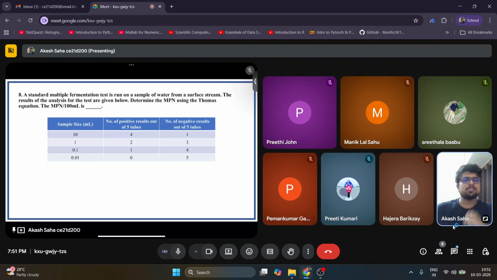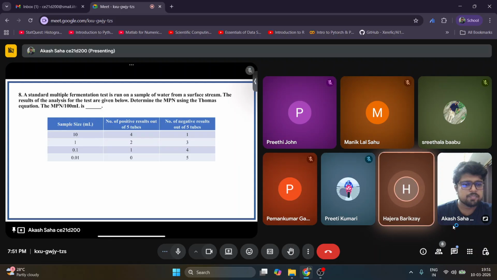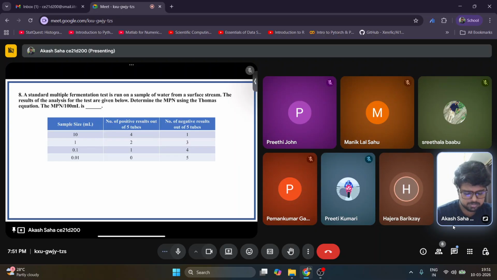Anyone aware of the Thomas equation? No? It was number of positive tubes divided by the square root of the sample in negative tubes times the sample in all tubes. Yes, yes, yes. That is correct. That is correct. So that is the Thomas equation. So as she rightly told,